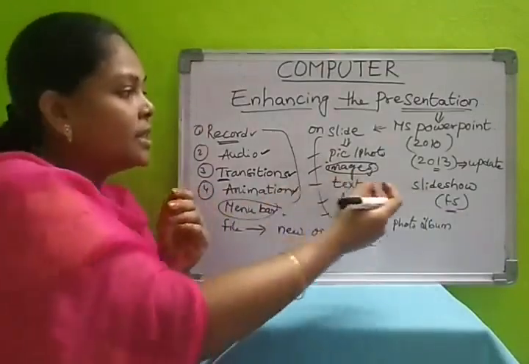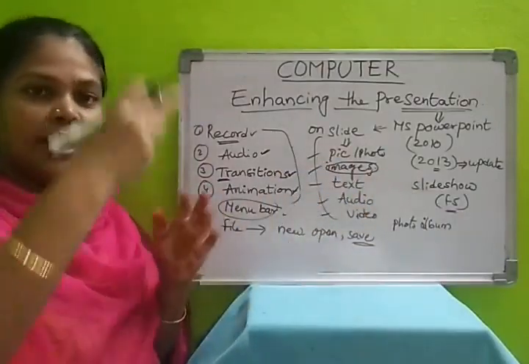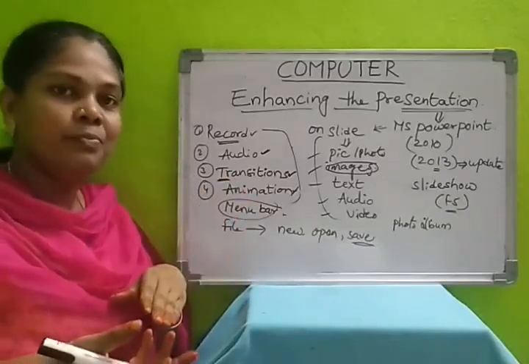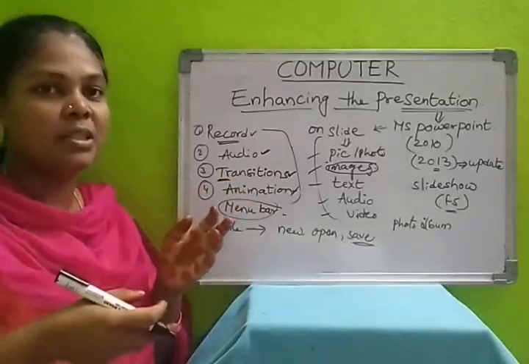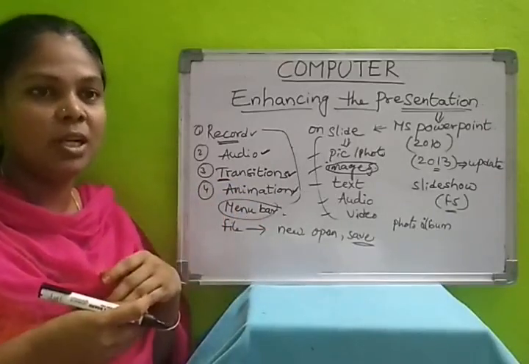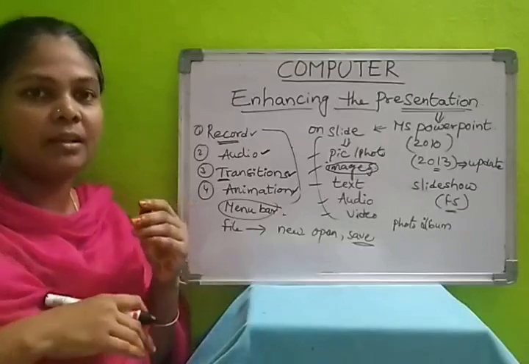Otherwise, we can insert the photo album. At a time, all the pictures you have to select and you can insert it directly. Is it easy? Isn't it? If you have 100 pictures, that time we will create one photo album. After that, we can make changes to it and we can add audio at the background.